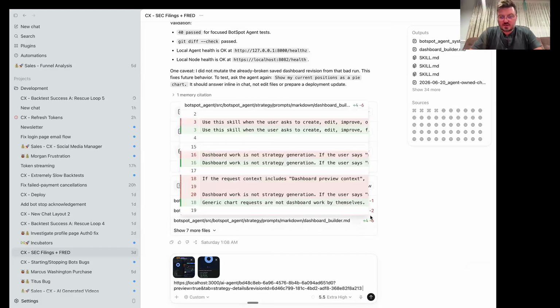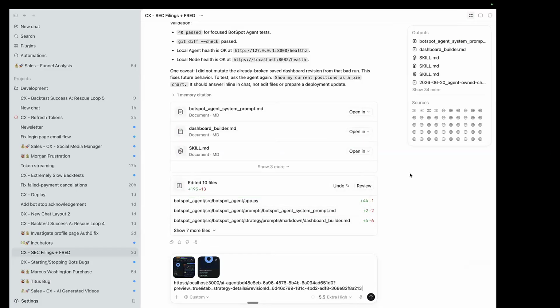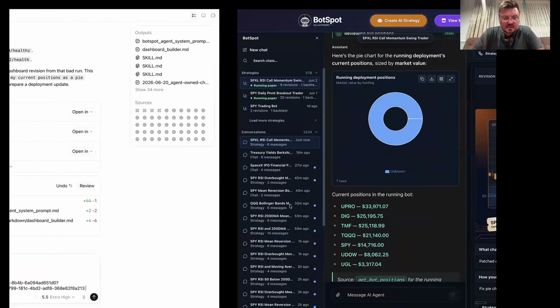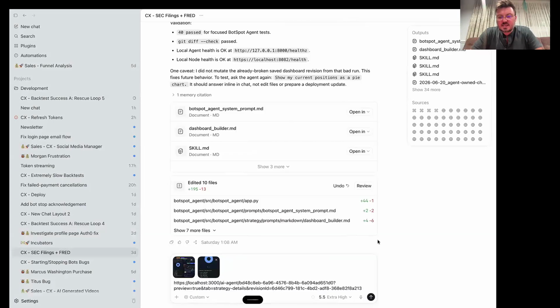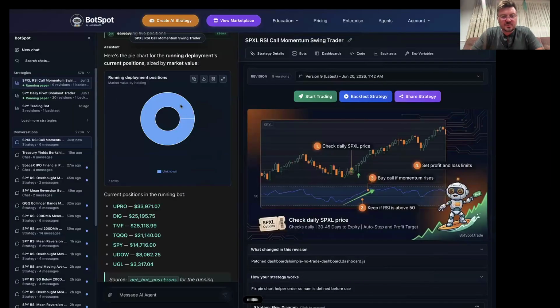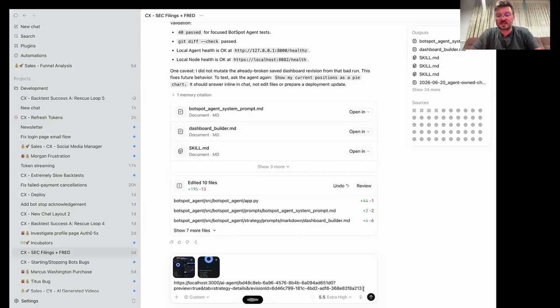Yeah, so I'm just gonna let this thing, sounds good. Let me just tell it that it screwed this up. Can you take a look at this? For some reason, it didn't show the pie chart correctly, even though it got the positions correctly and it has the dollar amounts, the pie chart is just saying it's all unknown. Can you look into why that happened and fix it, and then verify that it's fixed using the Playwright MCP?